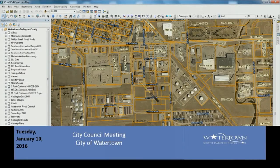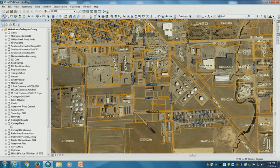I think what Brad is insinuating or saying is that when we get this new ball diamond going, and we get the new ice fields going, you got the soccer going, you got a gun range going, and you possibly have other businesses going down there, that road's gonna be pretty darn busy. And that's on 17th Street. And I think what you're asking, Brad, is, 14th goes straight up. Yep, because we put in the new 14th Street down there. That'll go straight up. And then you've got 17th Street there, which is gonna be a nightmare to get onto